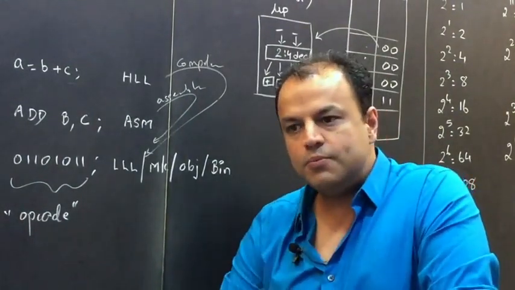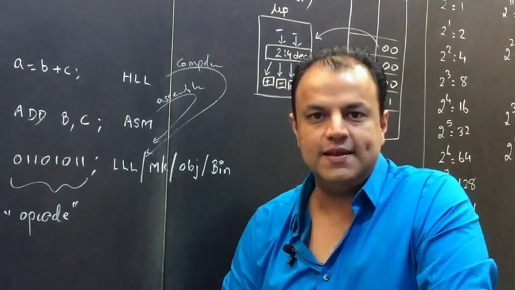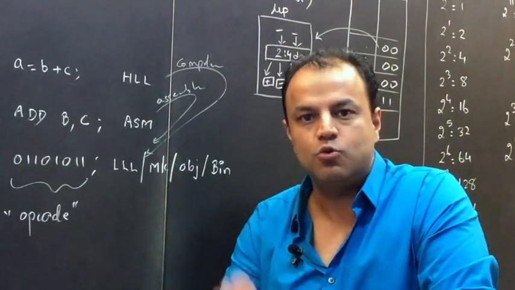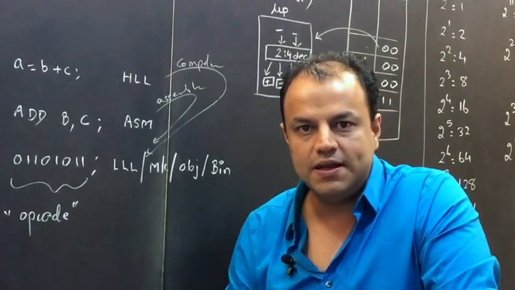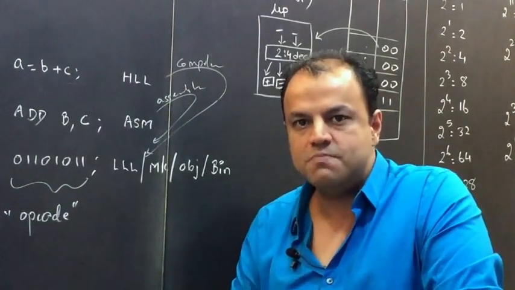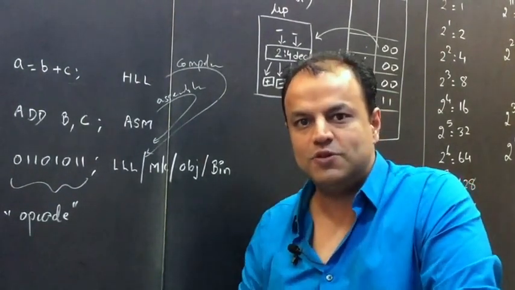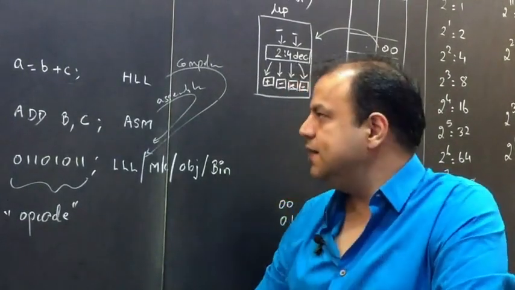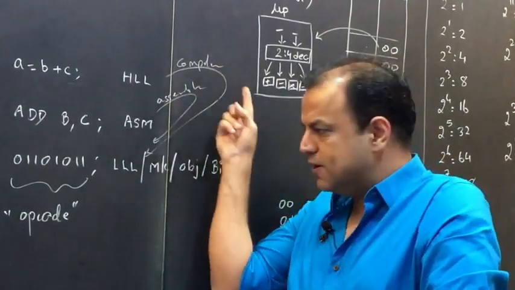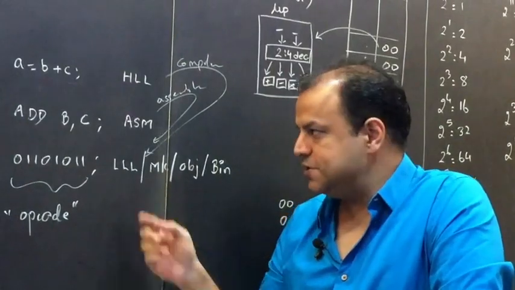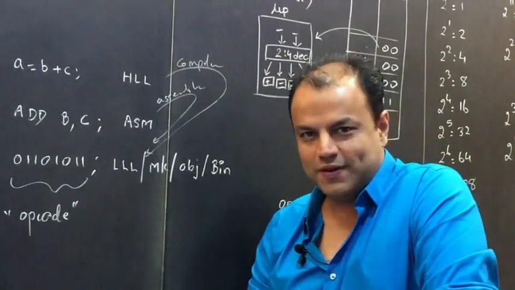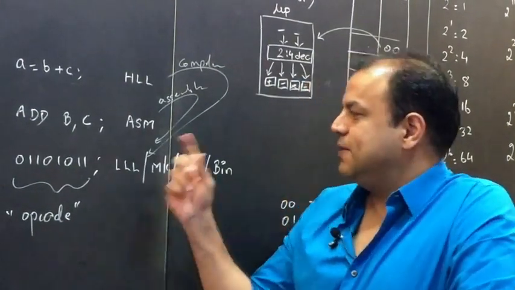You don't compile a program to check for errors. You compile a program to convert it into machine language. Yes, if there is an error, it cannot be compiled, so it throws up an error. But the purpose of compilation is not to check for errors. The purpose of compilation is to convert it into machine level language so that it can be executed by the processor. Are we clear? So when you compile a program, it becomes binary language. Your C file becomes an OBJ file, in case you're familiar with C programming. Anyway,